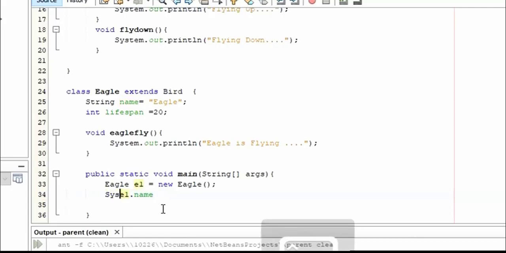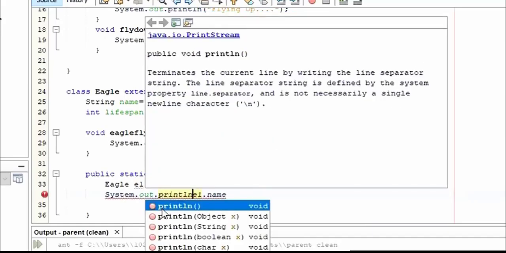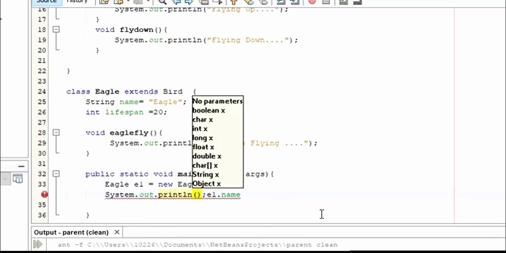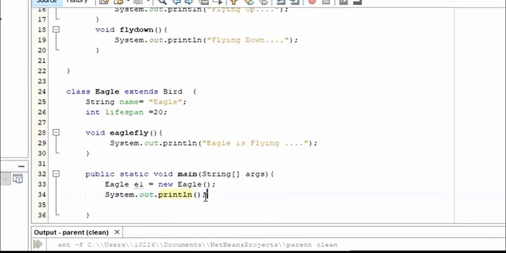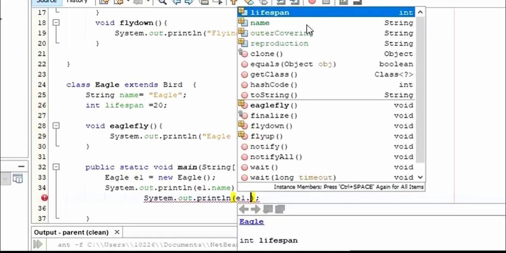So here I'm going to say System.out.println. Inside I'm going to print the name from the parent class, right? So let me just copy and then come here, paste. Instead of name, I'm going to use outer covering, e1 dot outer covering,